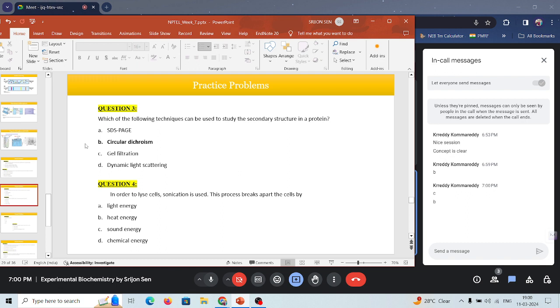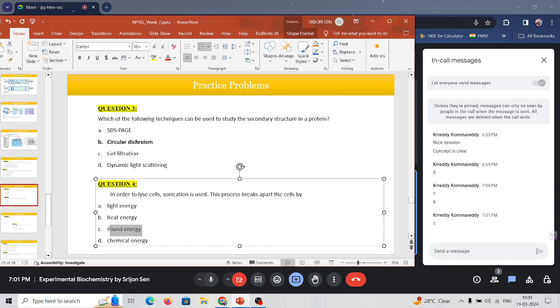Okay, the next one. In order to lyse cells, sonication is used. This process breaks apart the cells by? This is a very easy question. Yes, it is sound energy. So what do we require? These